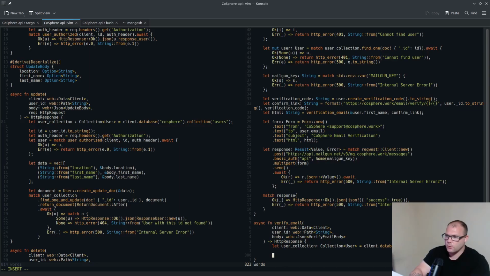What I should do here is create a static, or not static, what do they call it? Can't remember. I'm just gonna call a static function on the user. Call it retrieve, and we'll pass in a user ID, which needs to be a string. So user ID dot to string. So let user